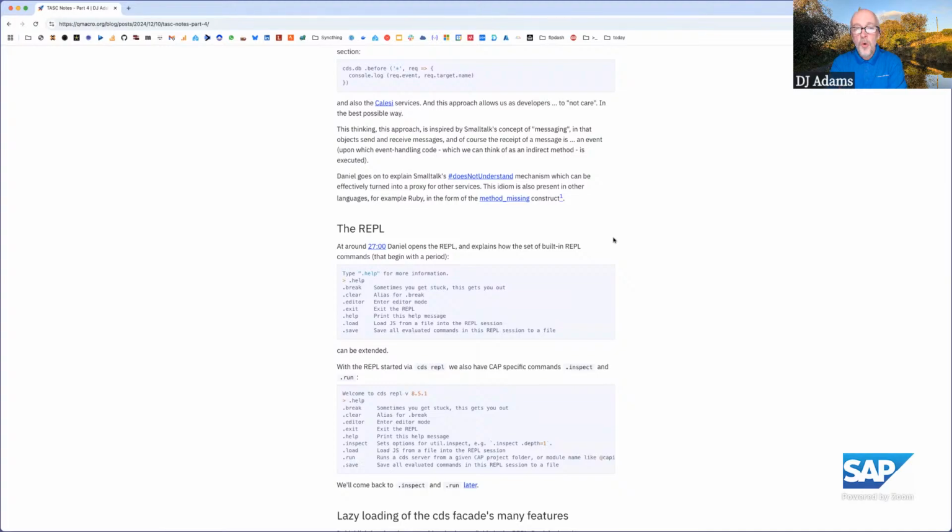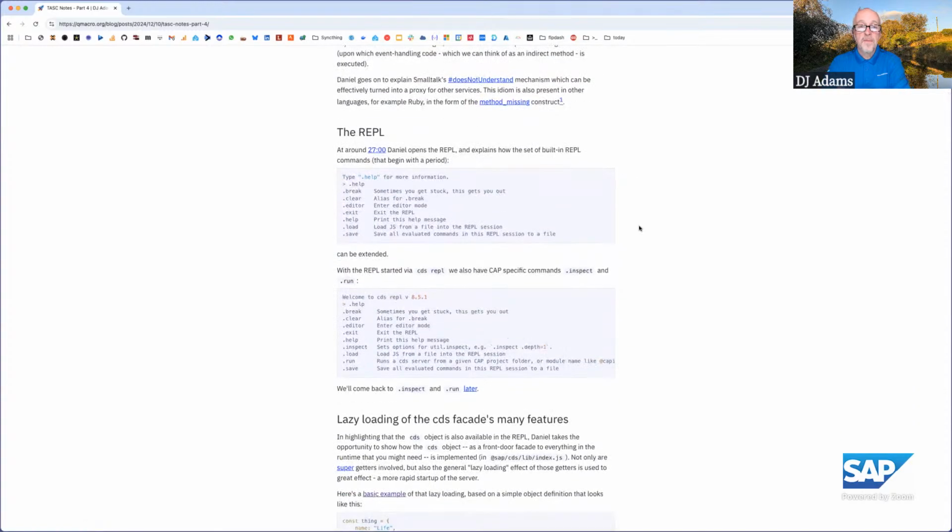This whole approach of how everything is a service really is realized, and the philosophy behind it goes back a little bit to Smalltalk. And there was this does not understand mechanism in Smalltalk, which was basically invoked if a message came in that wasn't recognized. And I volunteered the fact that actually it's quite similar, or Ruby took from that, and that Ruby has a very similar method missing construct. Now, if you're interested in digging more, I've tried to put links to lots of different things. Interestingly, and this will be interesting to Daniel as well, this does not understand link is actually in the C2 wiki, which is lovely, right?